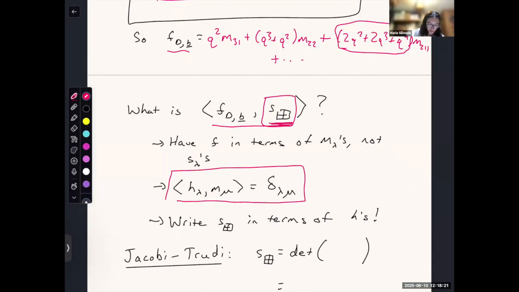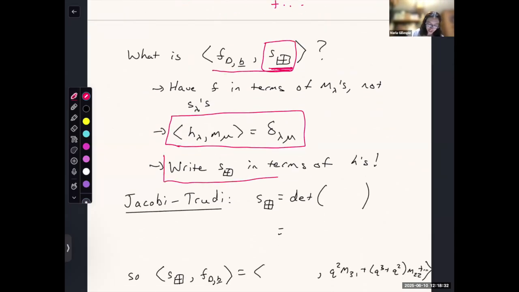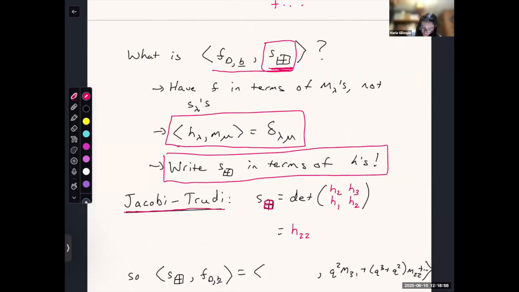So in symmetric function theory, we know that the inner product of h lambda, the homogeneous symmetric function, with m mu is delta lambda mu. These are dual bases. And so why don't we just write the Schur function in terms of h's and see what happens? That's given by the Jacobi-Trudi formula. So for instance, for s22, just to continue our example, there's a determinant you write down where you take the 2 and the 2 and you make two h2s along the diagonal, and then you increase the h's as you go to the right and decrease them as you go to the left in each row. That's how Jacobi-Trudi looks. And so this would actually be h2 times h2, which is h22, minus h3 times h1,